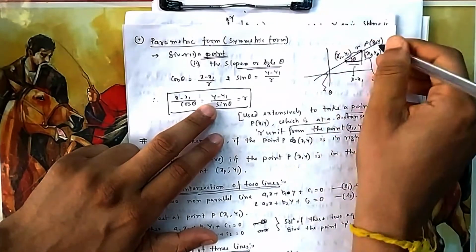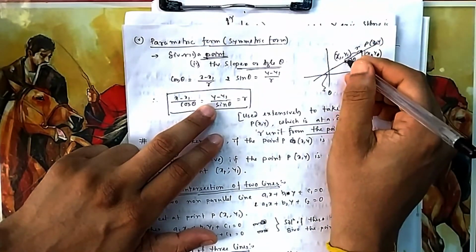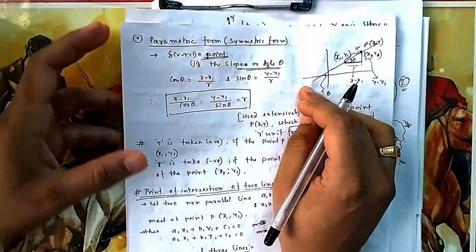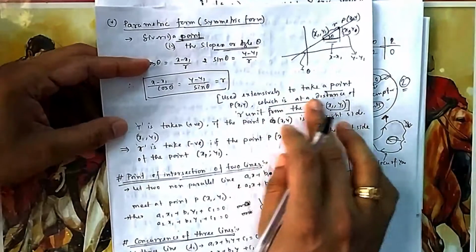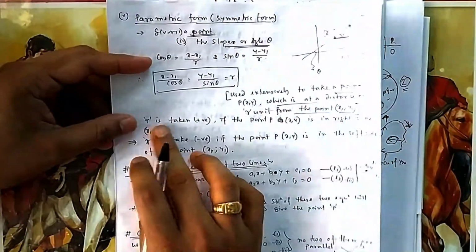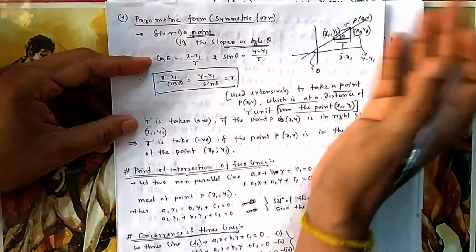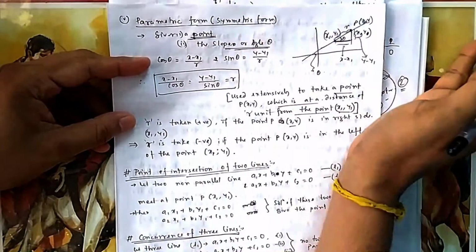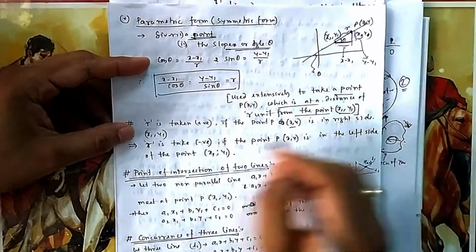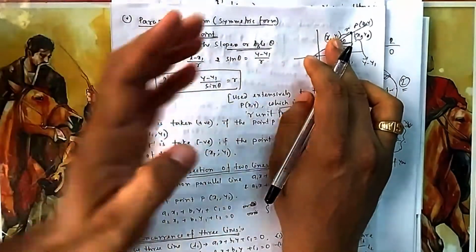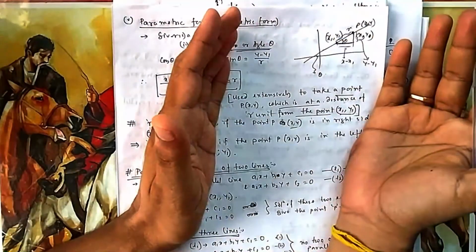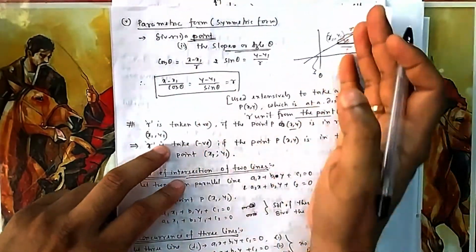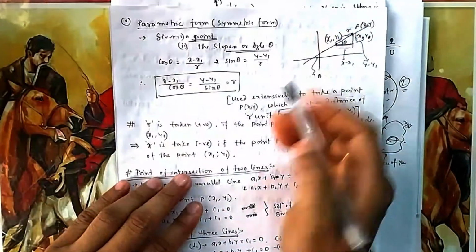Suppose this point is given and the line is given, and you are asked to find the point 10 units from this point. So you can move 10 units in this direction also, and in this direction also. So for both of these you have to consider this. You have to take r positive if you are moving in the right direction. That means your point x y is on the right-hand side of x1. Suppose x1 is given and you are going to the right side. If you are moving 10 units to the right of this one, then r is positive. If you are moving 10 units to the left of that one, then it is negative.